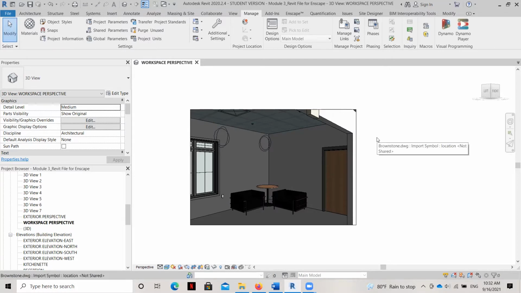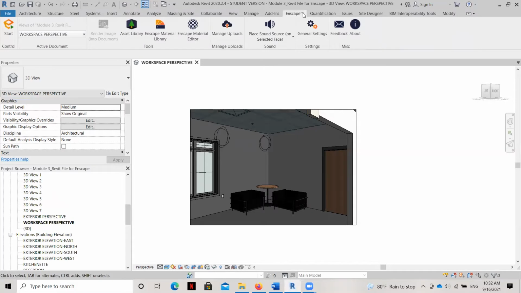And so what I want to do now is talk to you a little bit about the Enscape rendering plugin. If you have downloaded and installed Enscape on your computer, the evidence of it will be shown right here once you open Revit, and you'll see the Enscape tab. The first thing that you're going to want to do is hit this start button. I'm not going to hit mine because I've already done what I'm about to describe to you, so you're going to have to imagine this process with me. The first time you hit this button, it's going to start up Enscape within Revit.